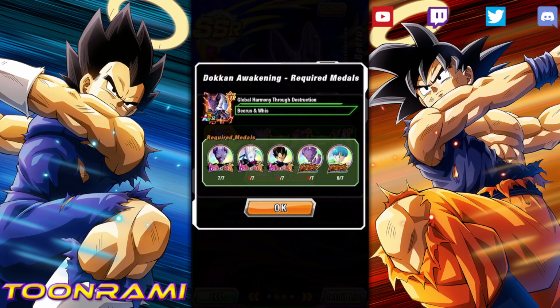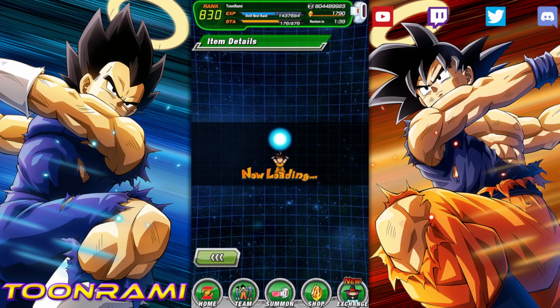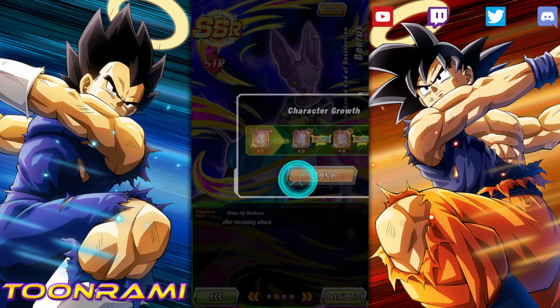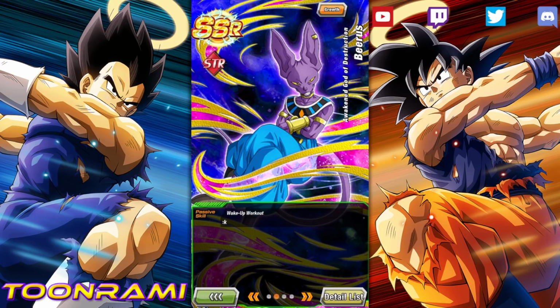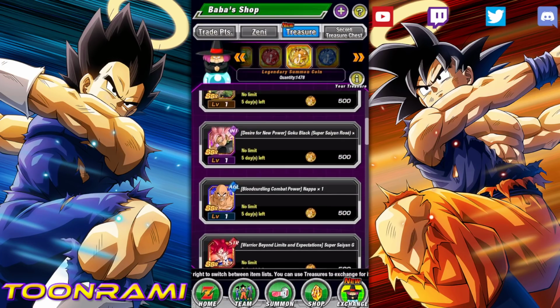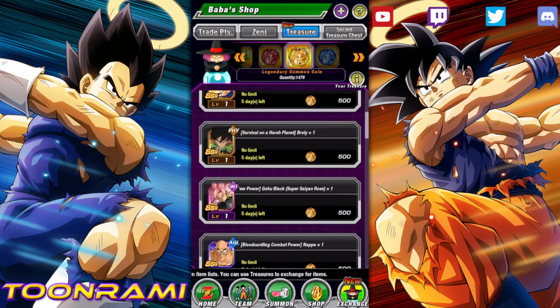But either way, I did not have access to the Bulma Slap story event, so I needed to get a bunch of pudding to then buy these 2 medals from the Treasure Shop in order to awaken this unit to the LR level. I couldn't do it. So for, I think, 2 or 3 months, I had to sit there with that Beerus, unable to use the unit simply because the event wasn't available. So those are the things that I think about when considering whether or not I should purchase one of these